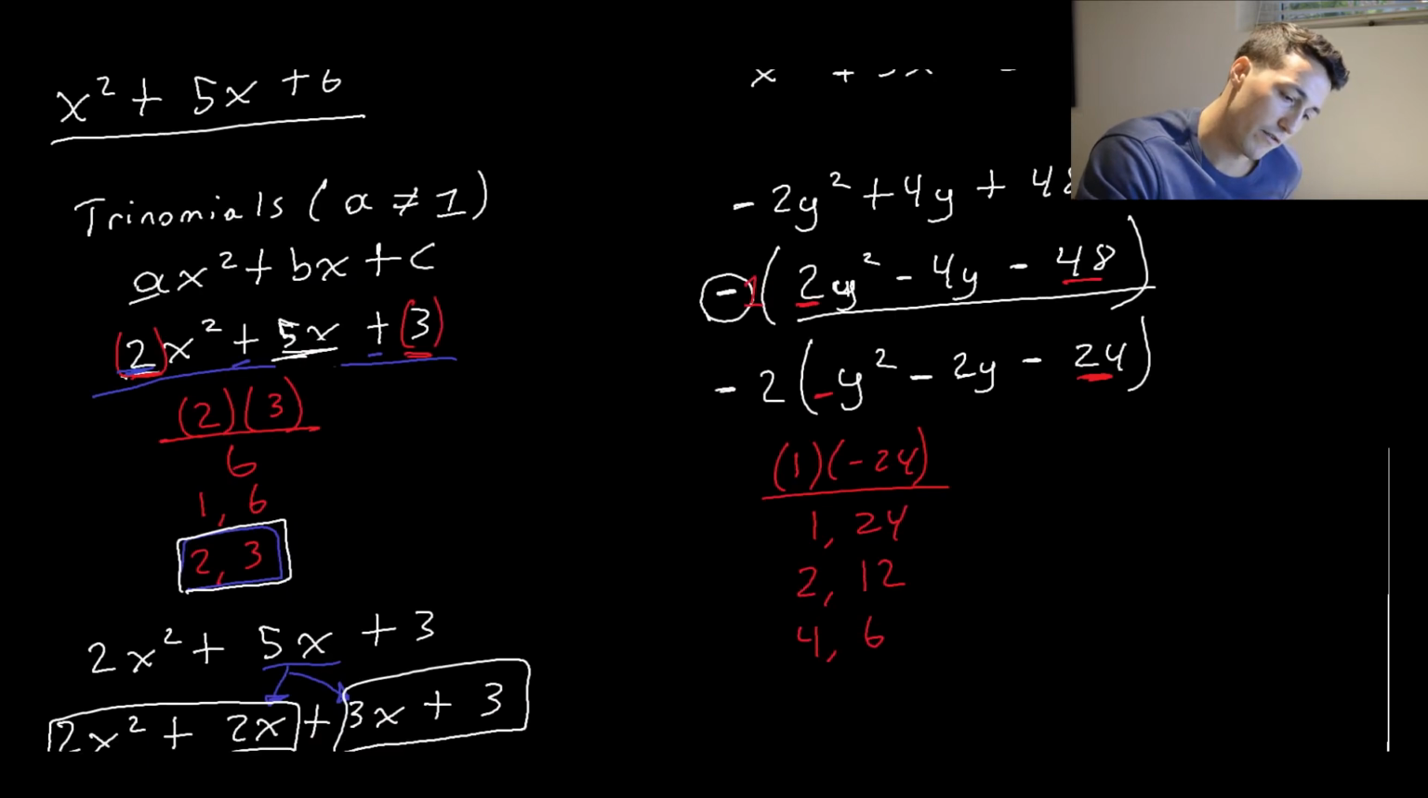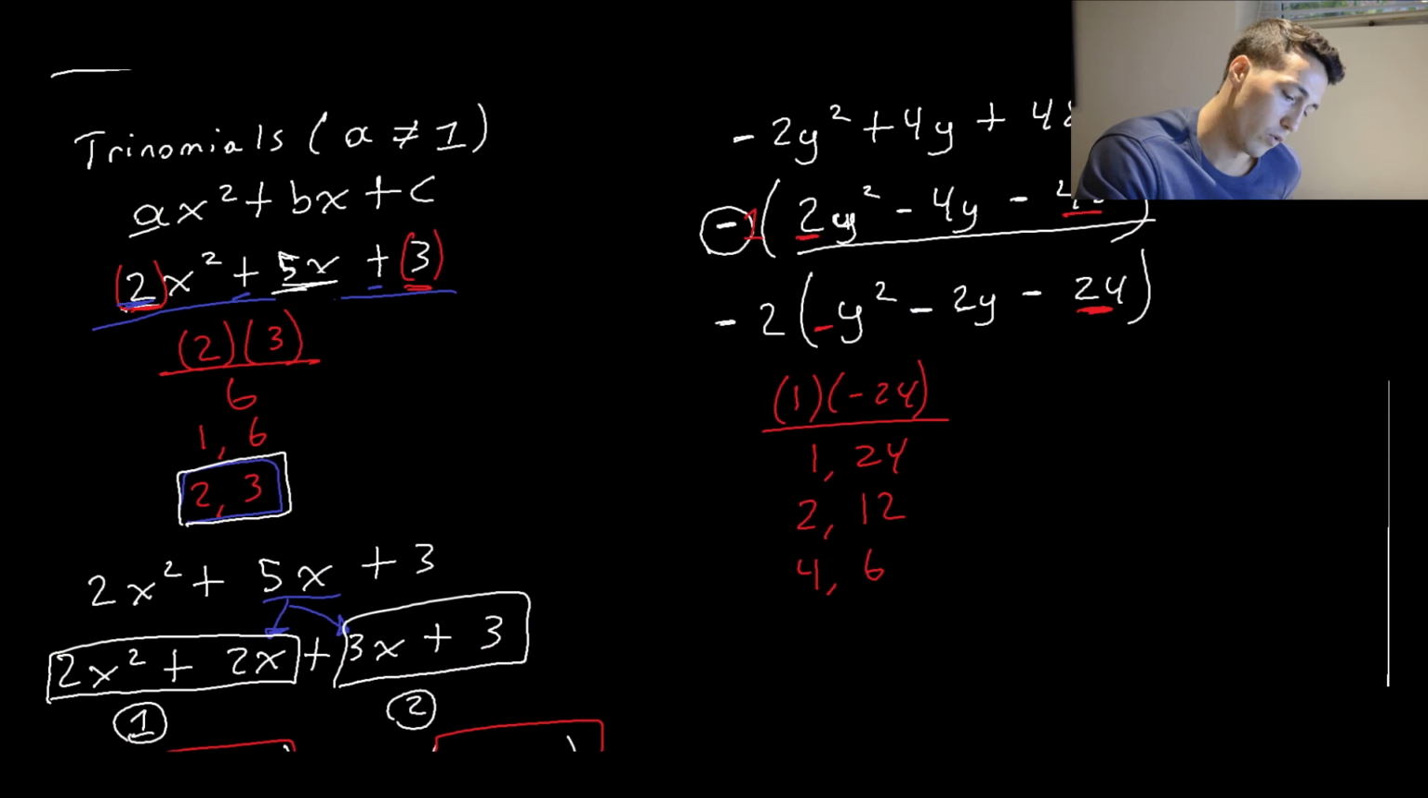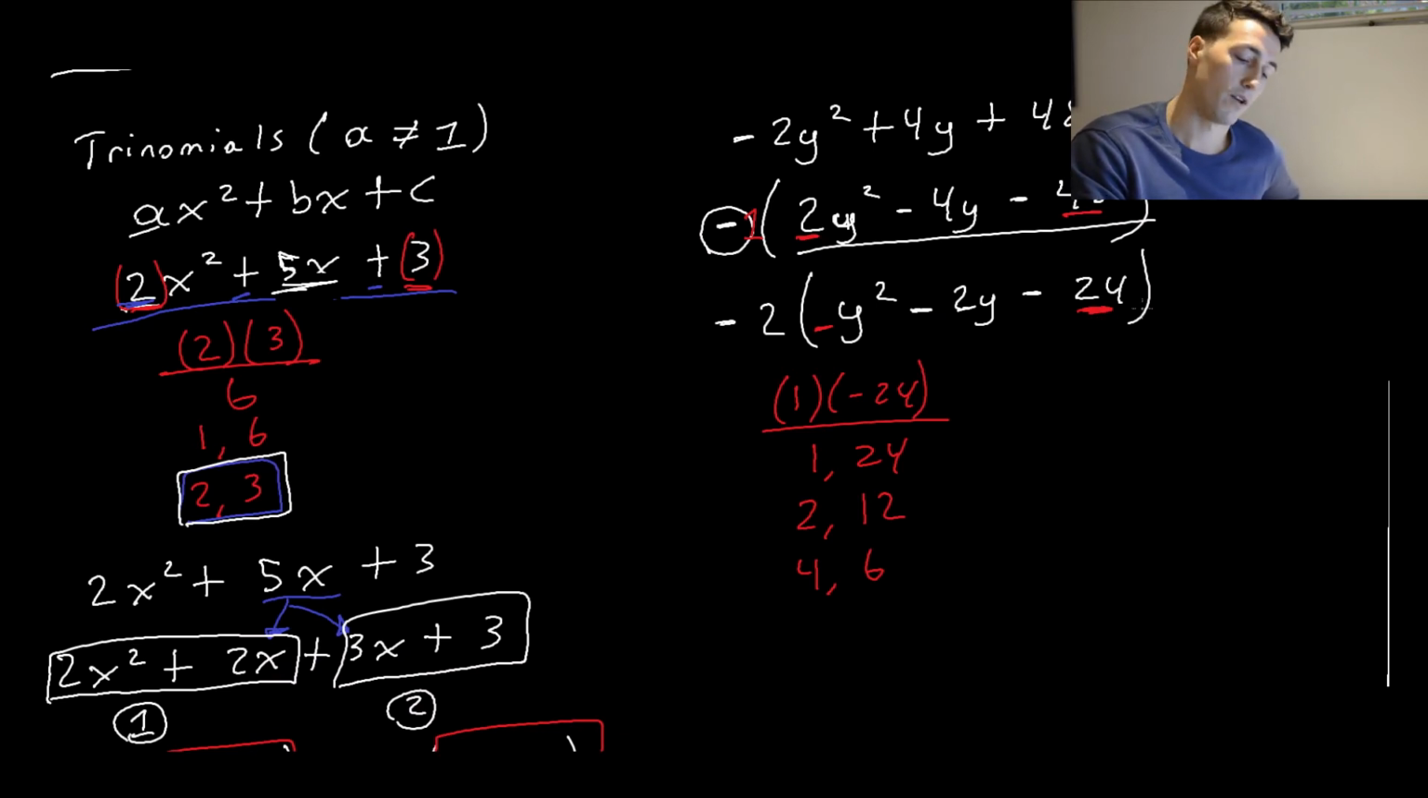Yeah, we could write them in different orders, but I think that's going to work. So now we've satisfied the first criteria, where our products have to be negative 24. Now we need to satisfy the second criteria, where the sums of these factors are going to be equal to negative 2. So if we were to look at all these,